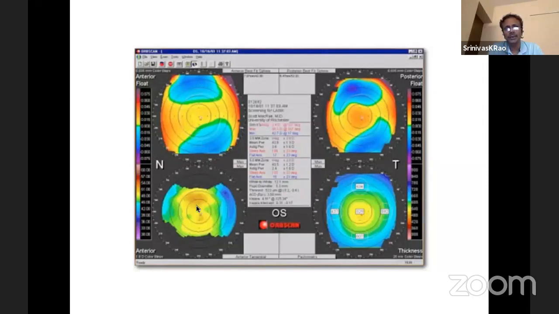We can look at the Placido, this is from an OPD-Scan. So you can see the Placido is missing data on the top and the bottom, which won't happen with your Pentacams and the other Scheimpflug devices. And you can also look at pachymetric maps of the cornea. So these are the 4 things that we look at on a typical quad map from an elevation device: anterior surface elevation, posterior surface elevation, the corneal topography like a Placido, and the pachymetric map of the entire cornea.